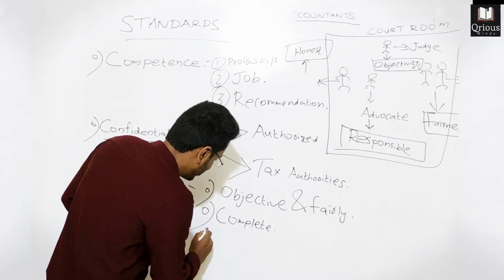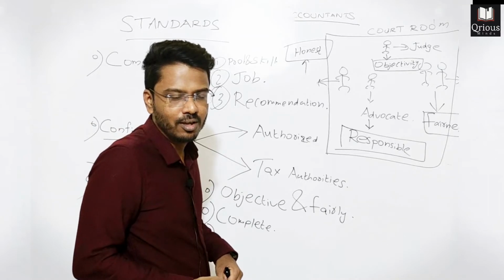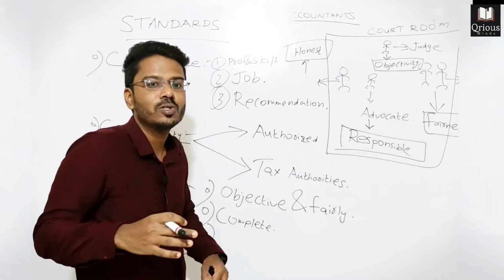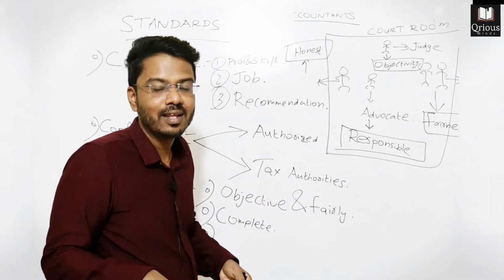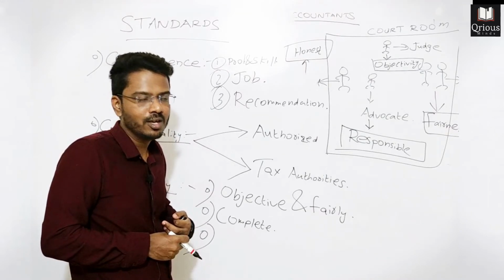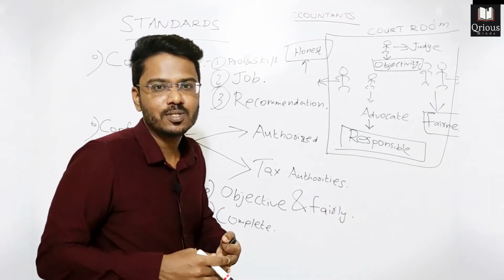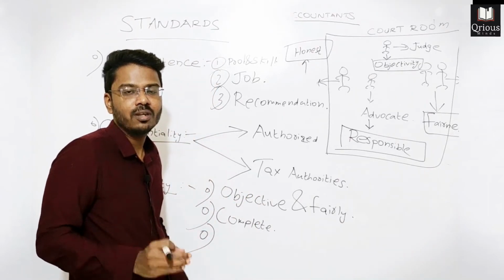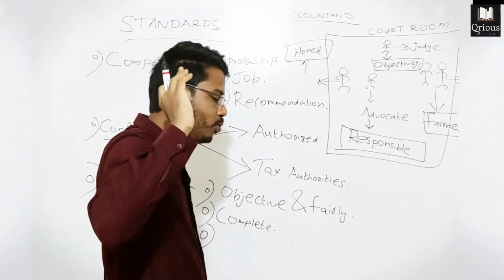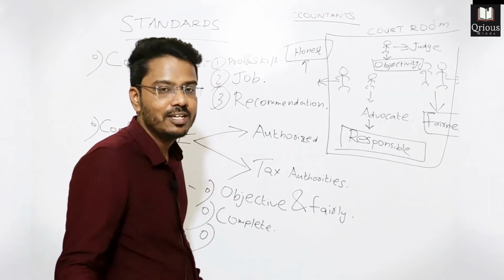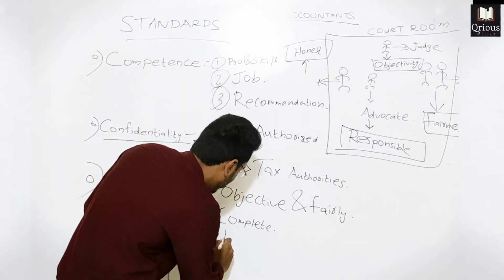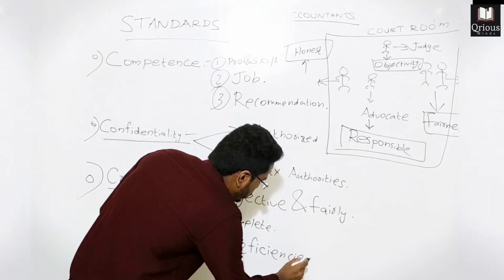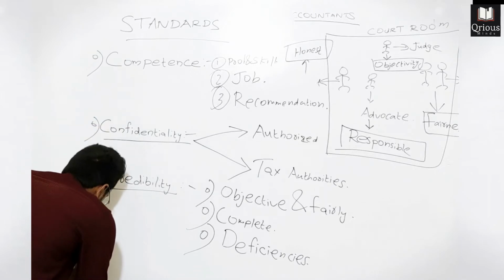And in case, while providing any information, you happen to have any difficulties, for example, if the management asks you to collect data from 3 of your subsidiaries and the third subsidiary is not providing any detail, so you got the data from 2 subsidiaries but not the third, you shall communicate this to the management. If you have incurred any deficiencies or limitations in providing that information, you shall report it. So communicate deficiencies also. The fourth standard is